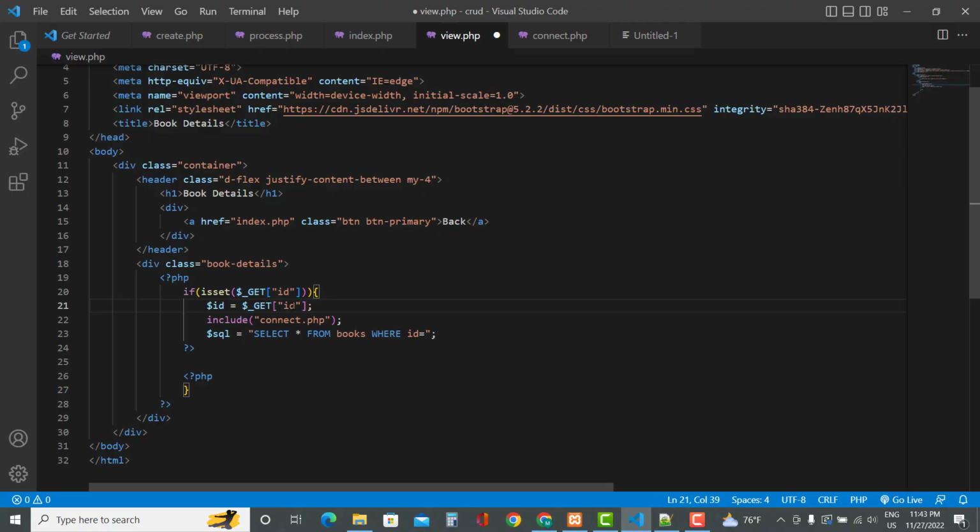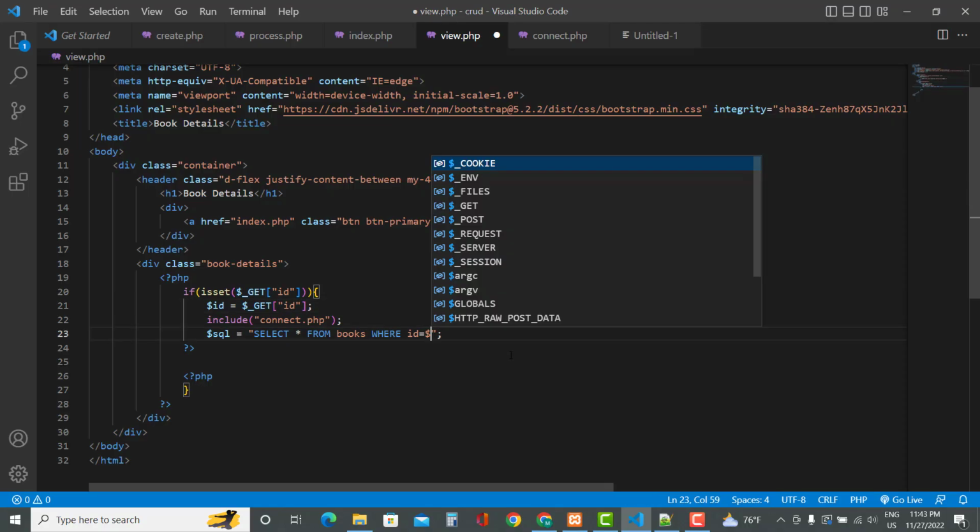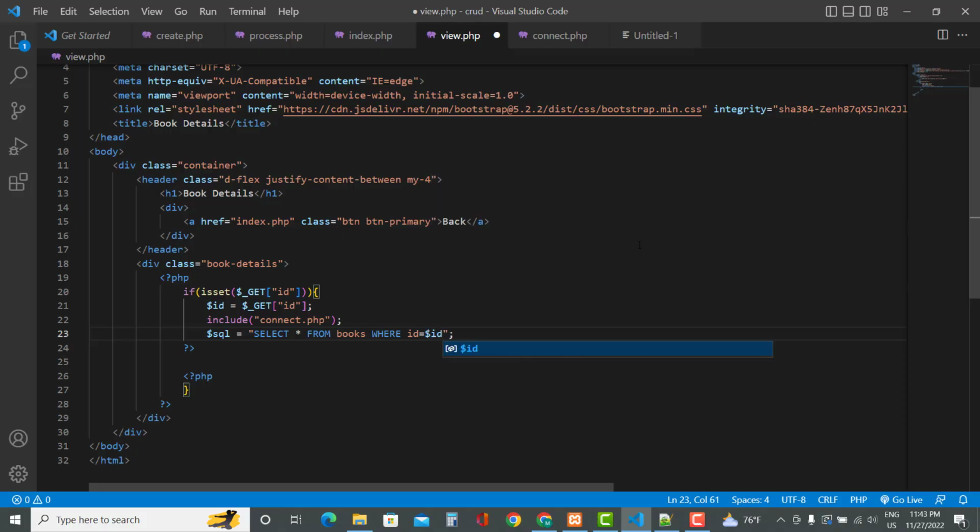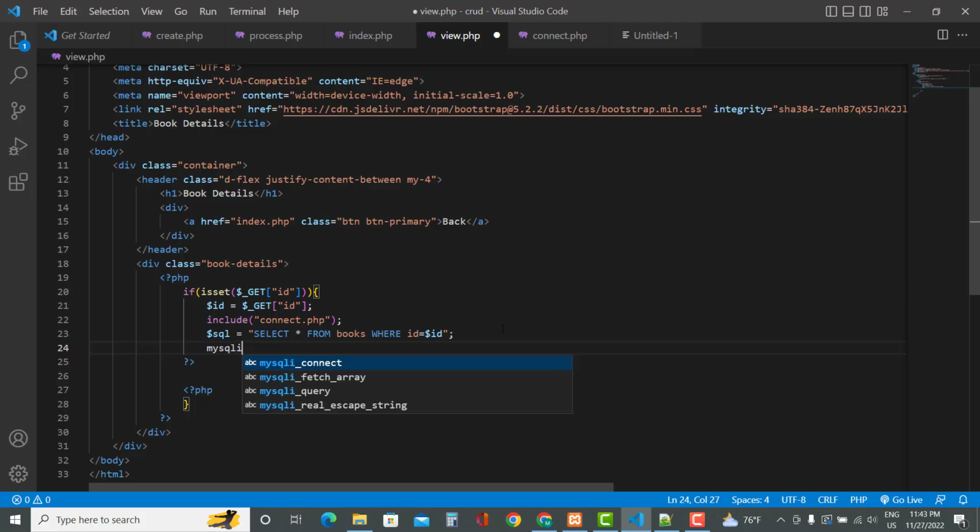Now we can put the variable here. So if ID equals the ID that is passed in the URL, we'll just get the data of that particular ID. Now let's execute this command using the MySQL query function. The first parameter should be the connection variable and then SQL. Now let's keep it in a variable named result, and now we'll have to convert this result